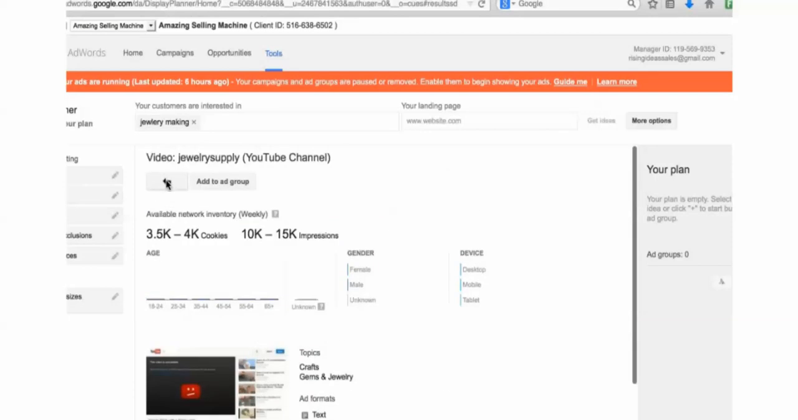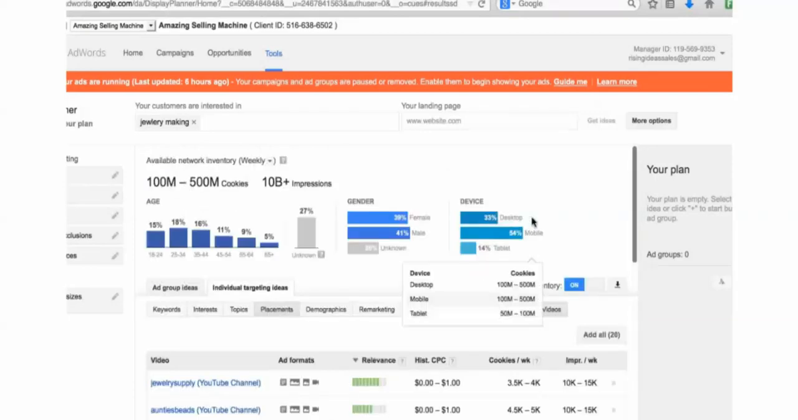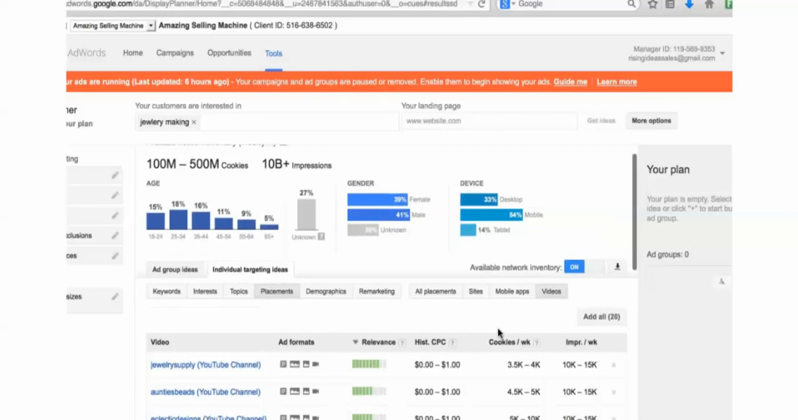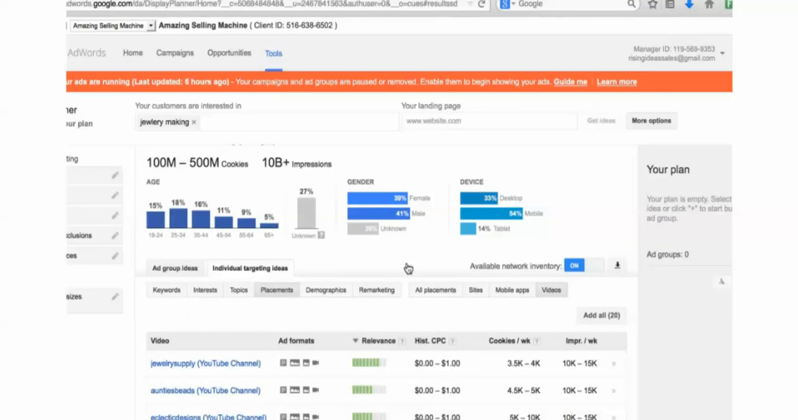So that's kind of how this whole display planner can be used to not only find your placements and get a jump start on creating your ad campaign, but it can also be used for, you know, for,